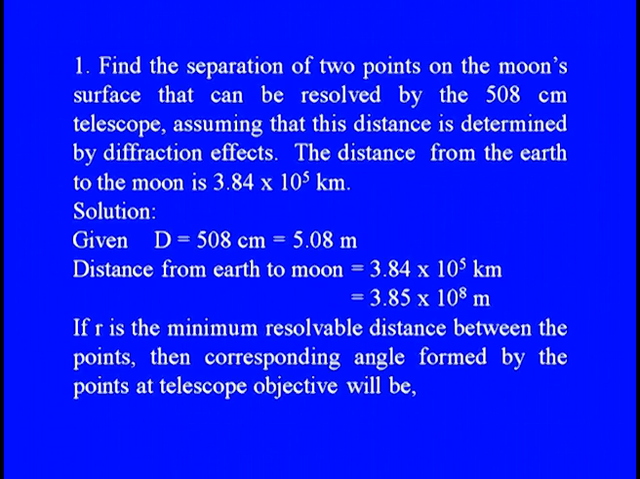Now, in this problem, the diameter of the objective lens capital D is equal to 508 centimeter and the distance from the earth to the moon is 3.84 into 10 to the power 5 kilometer, which will be equal to 3.85 into 10 to the power 8 meter. Now, if r is the minimum resolvable distance between the points, then the corresponding angle formed by the points at the telescope objective will be